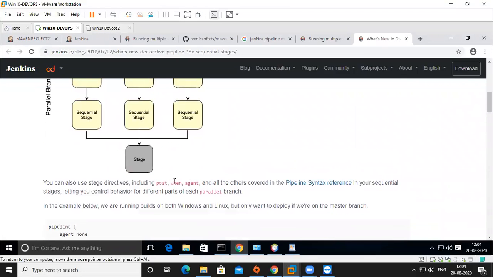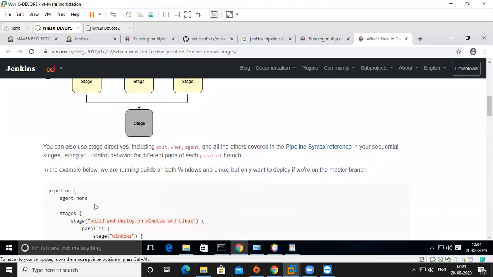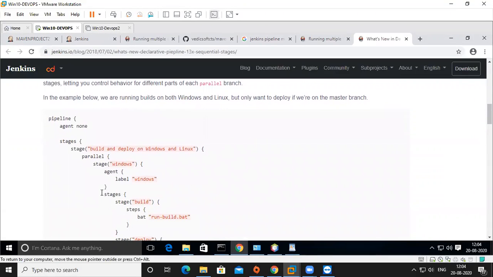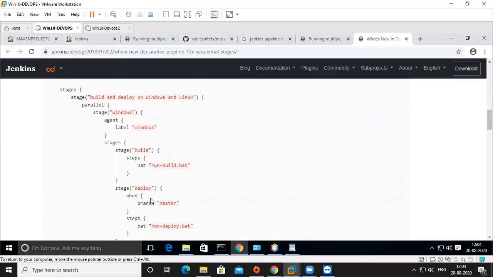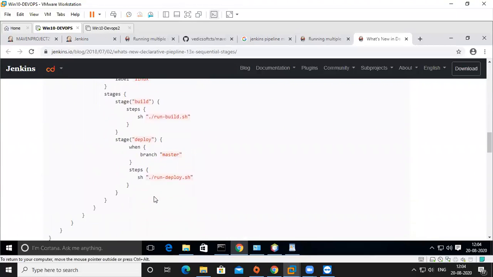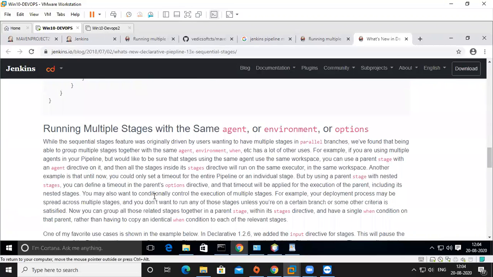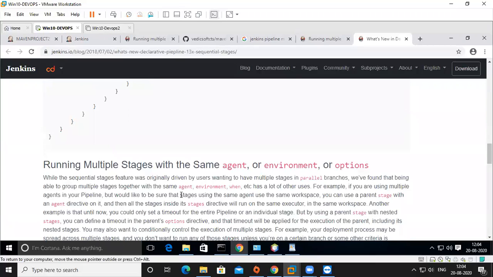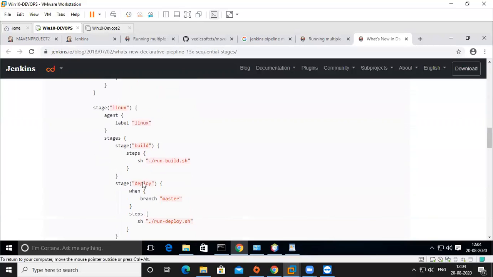Post when agent, like agent none, parallel, agent windows. So agents will steps. So there are using this thing, agent, environment, and when in here.